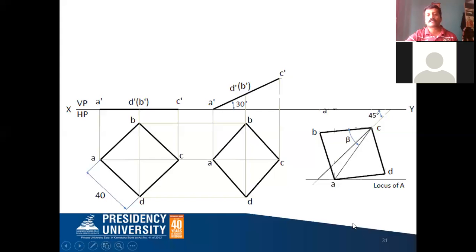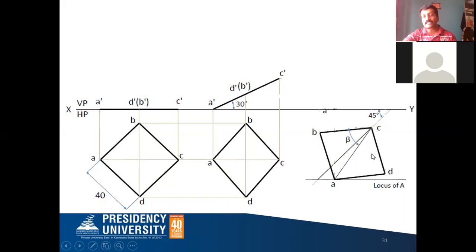After drawing this horizontal line, now you take the apparent length of your AC diagonal. C as the center, this apparent length of the diagonal AC as the radius, from C dash you cut this horizontal line, that is the locus line. After cutting this, you call this the corresponding point A and join AC with a light line, because this is the diagonal that we have to show. And then AC you can project till it meets the XY line, and you can find out what is the angle that is forming. That is nothing but the angle beta, the apparent inclination with respect to VP.